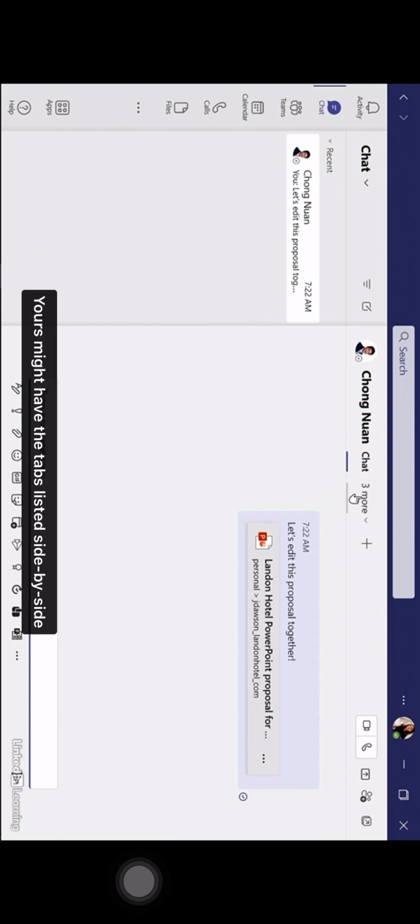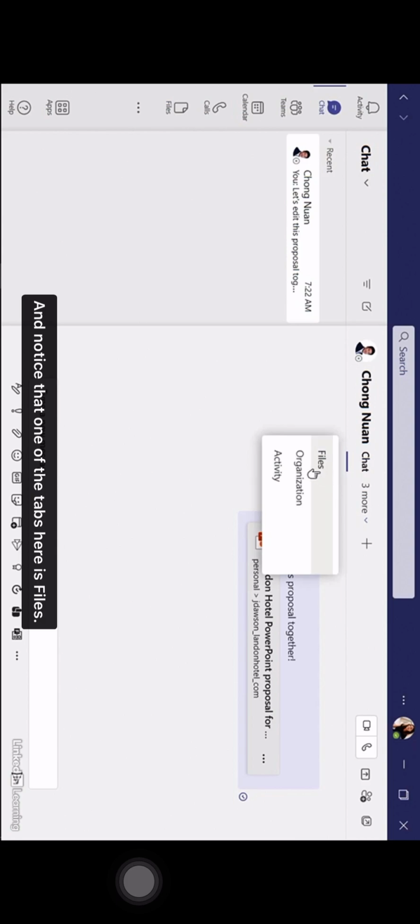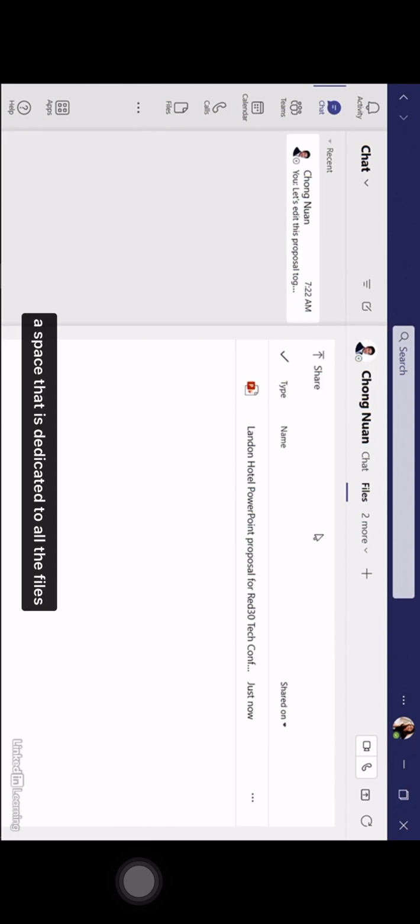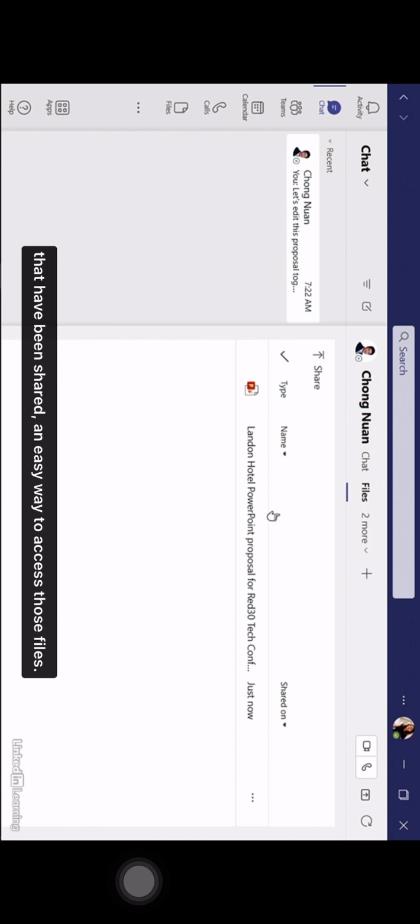Yours might have the tabs listed side by side depending on the size of your screen and the resolution you have it set to. I'm going to select this and notice that one of the tabs here is Files. By selecting Files, this takes us to a space that is dedicated to all the files that have been shared within this private chat. It's a shortcut, right, to get to all the files over time that have been shared,